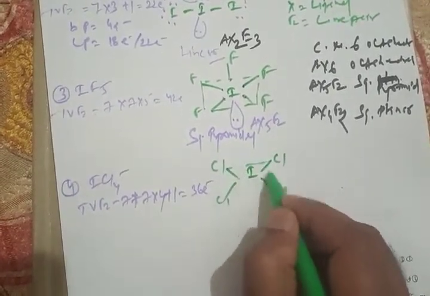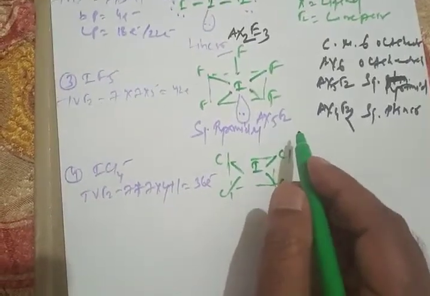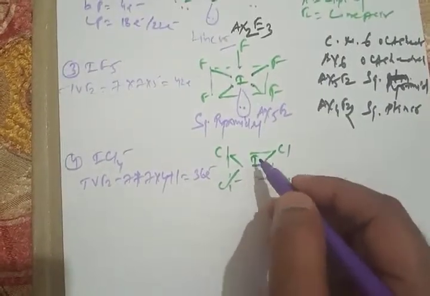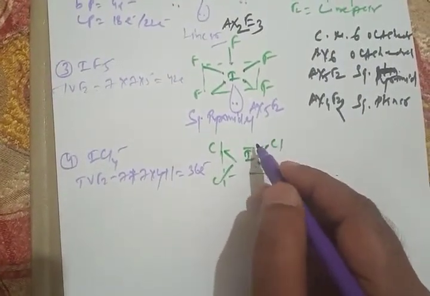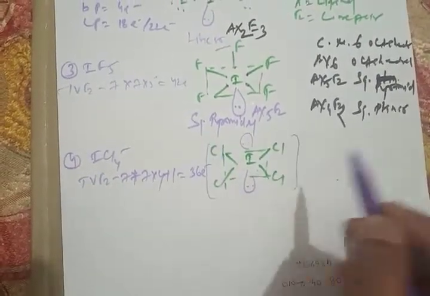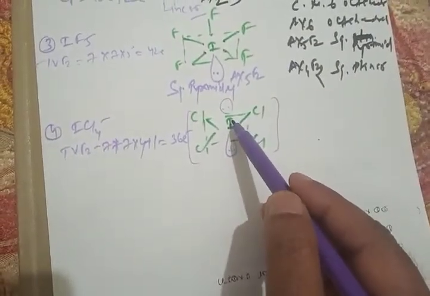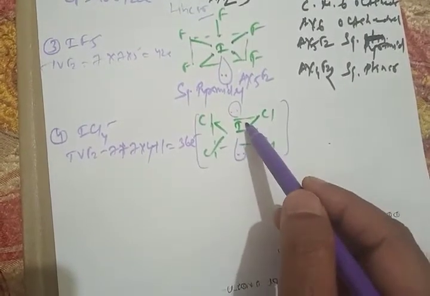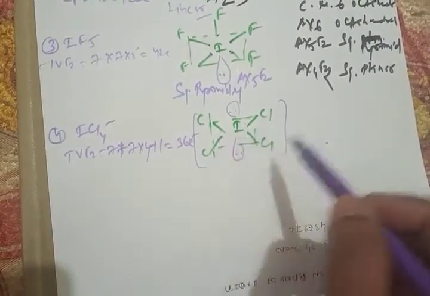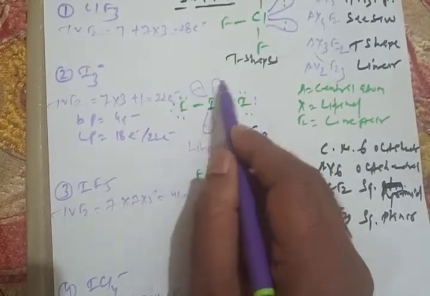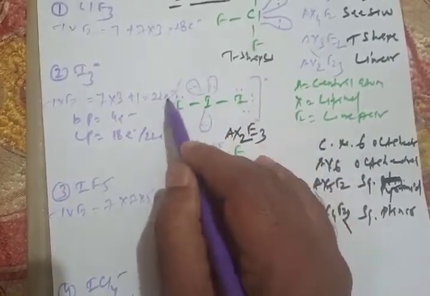Then we'll complete the octet. So 1, 2, 3, 4, we required for iodine 5, 6 and 7, 8. So the negative charge you can easily understand. Here this iodine contains one extra electron. Iodine 1, 2, 3, 4, 5, 6, 7, 8, and it has 7 electrons. So this negative charge is balanced by this one. Similarly in this case also, this contains 1, 2, 3, 4, 5, 6, 7, 8. So this negative charge is balanced by this, like this.